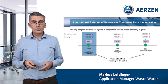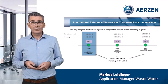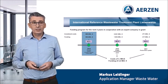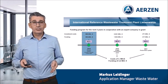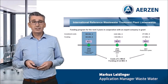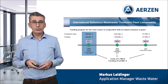What was the solution? Together with an expert company for grant application, we were able to regenerate a funding program. Within 3 years, 3 different treatment processes were completely rebuilt. We started in 2019 with a new fine bubble aeration system, inclusive new rotor piston compressors, a second screen chamber and 2 new rakes. The investment cost amounted to 700,000 euro. We got 80% funding for this project and this corresponds to